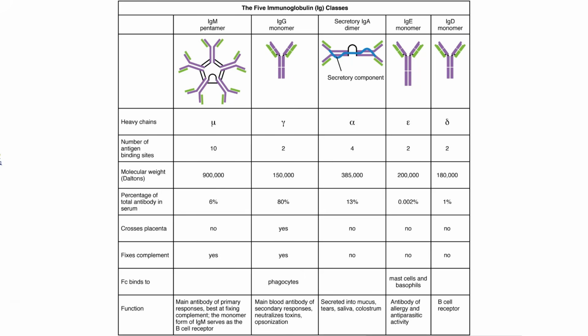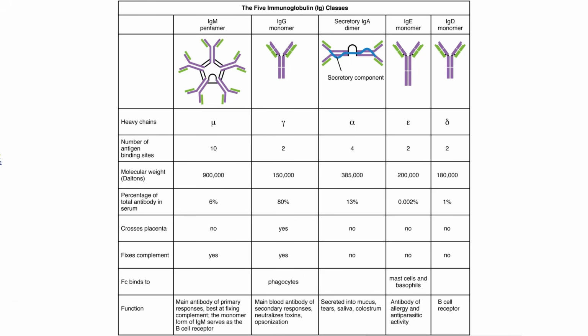It's often found in a dimer form, and it's secreted in most bodily fluids. So in the mucus and tears and saliva associated with the barriers of the innate system. Colostrum is referring to early breast milk, and this is another way that a mother shares her immunity with a newborn. Next most common is the IgM, which is best known for configuring itself into pentamers, so 5 separate antibodies